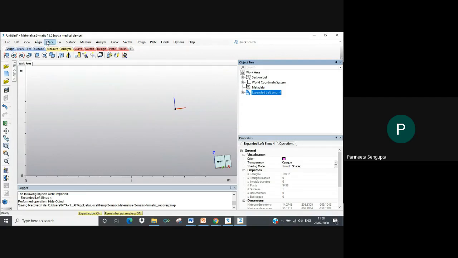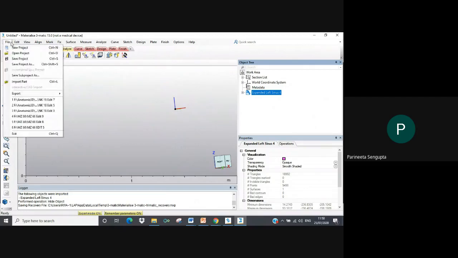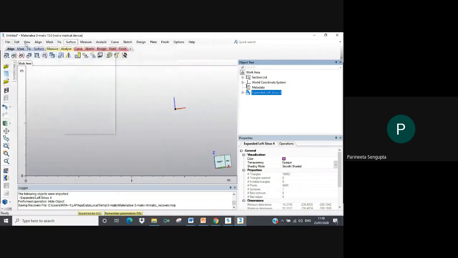Then you will have your menu. So this is your file, edit, view, align. Again, we will get into the details as and when we proceed. Just like these are your drop-down options, file, edit, view, similarly, to ease your process, you have certain segments which have the shortcuts. So when you click on align, you will have the same options.